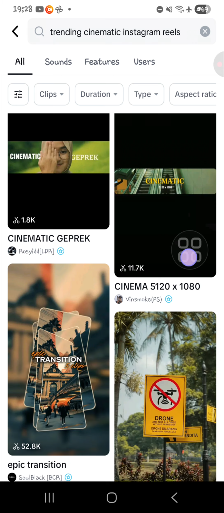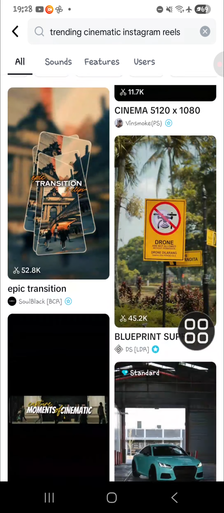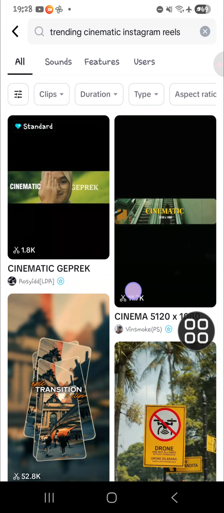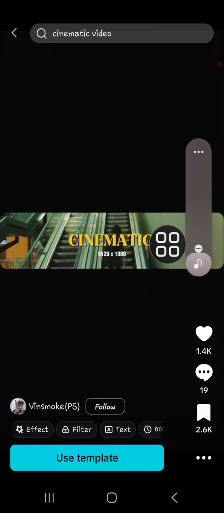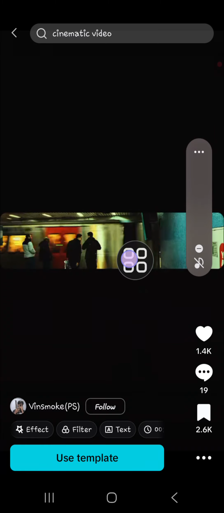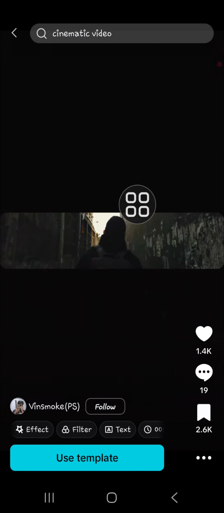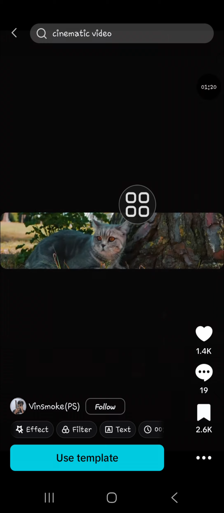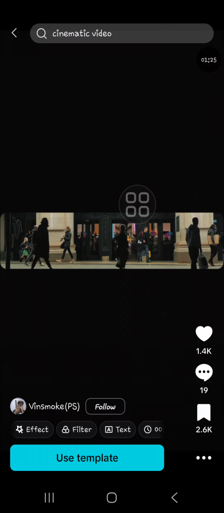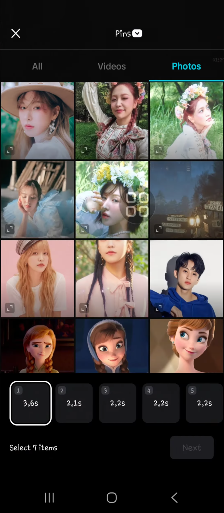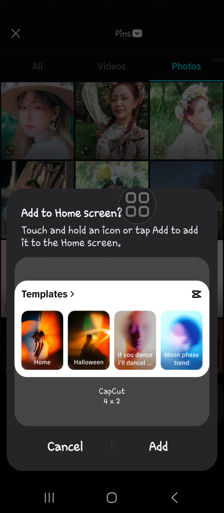create your Instagram reels. And I'm going to choose this one. Okay, this small ratio because this kind of reel is trending on Instagram guys, and I'm going to use it to create my Instagram reels. Okay, we just need to click on use template, and then you can replace the videos in the template with